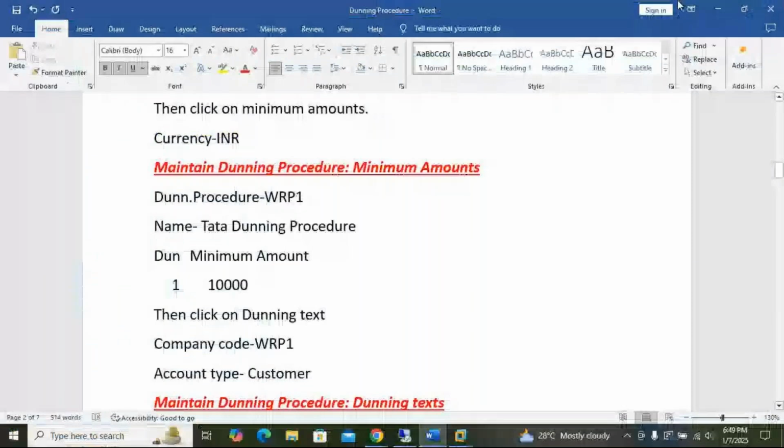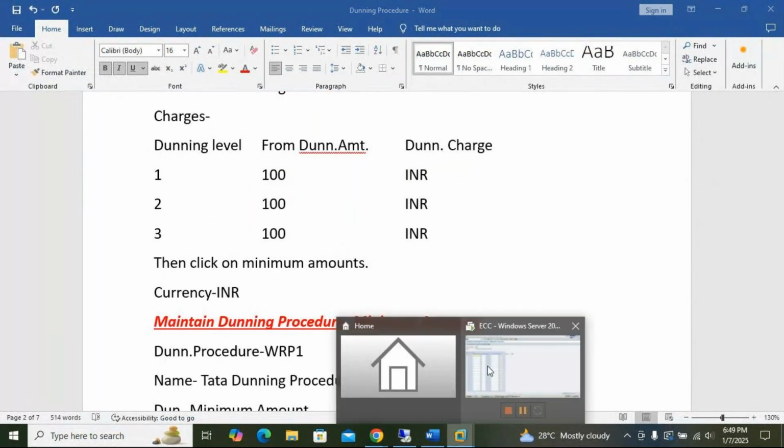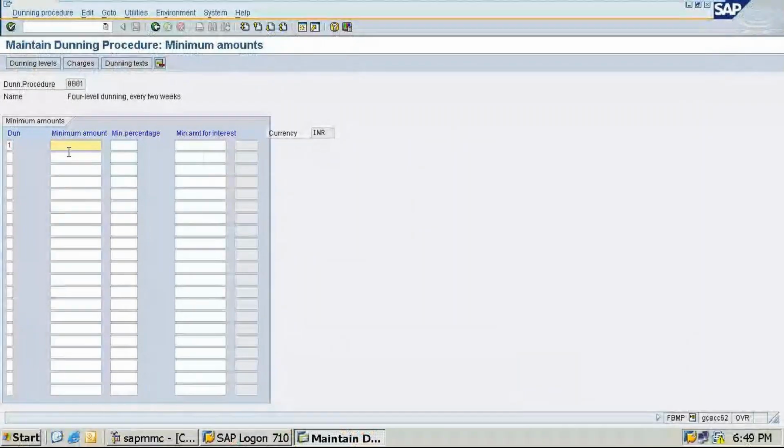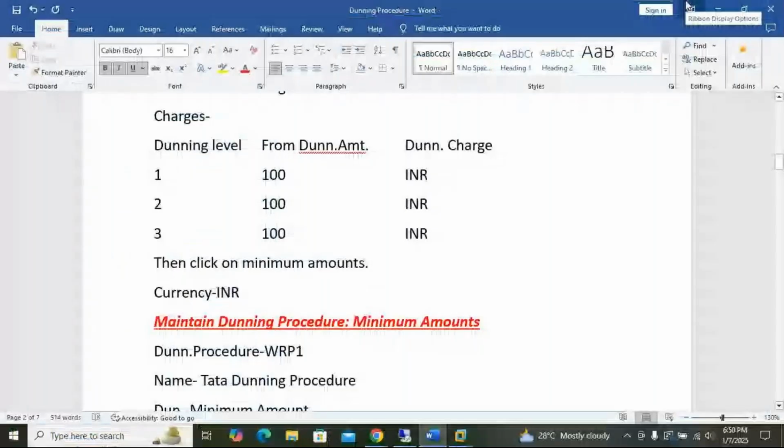Okay, so this is dunning procedures. We have entered this, and done dunning charges. Then click on minimum amount currency INR. Same things we are going to do here. Minimum amount 100. Minimum percentage is not required. So 1 INR, dunning charges is INR.